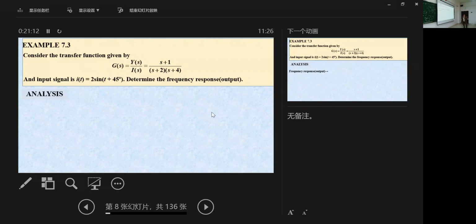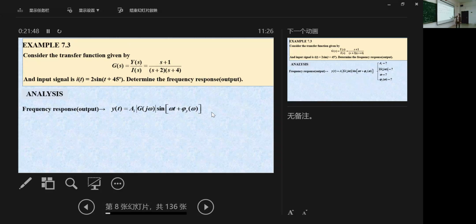First of all, whenever we talk about frequency, you should change s into j omega. Then, according to the formula,